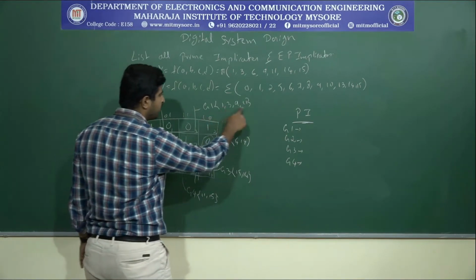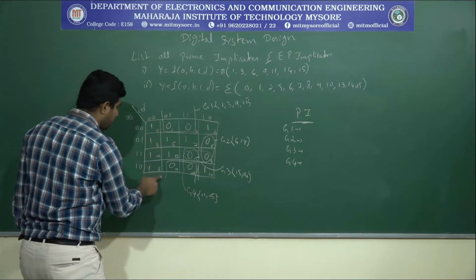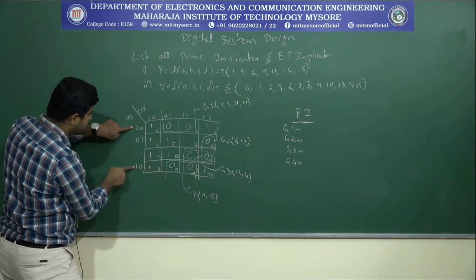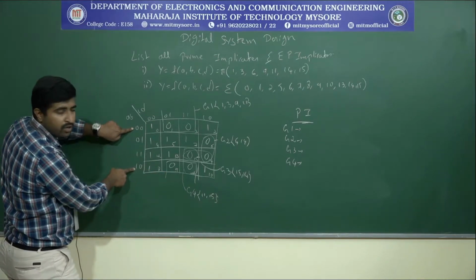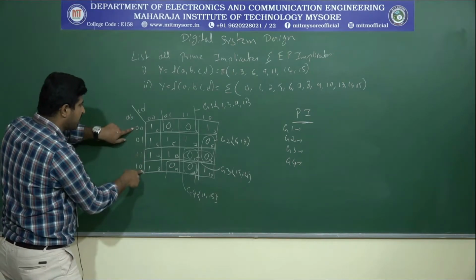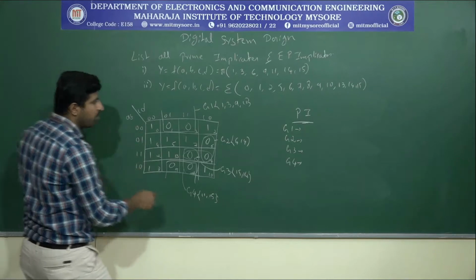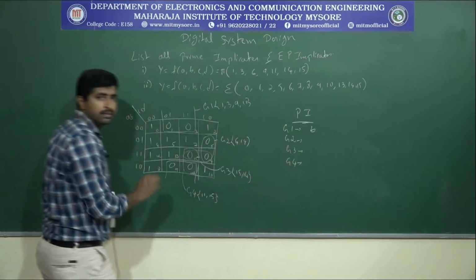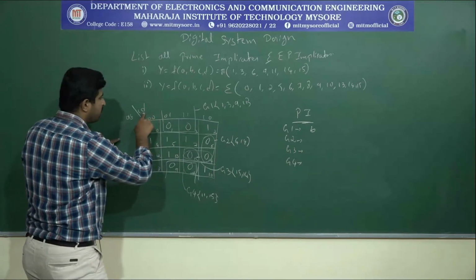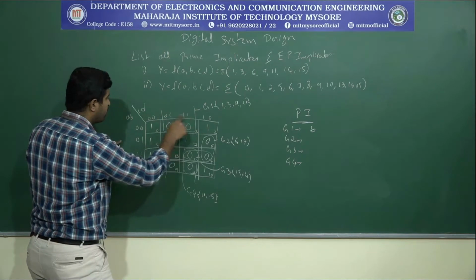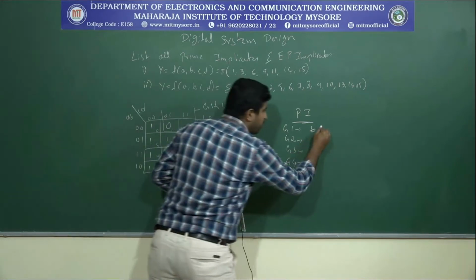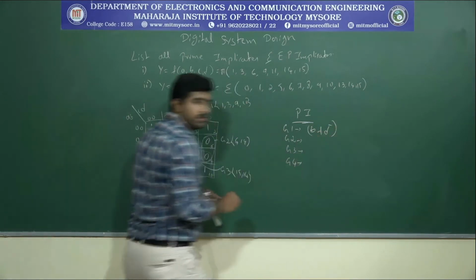So group 1 is 1, 3, 9, 11. If you see the values for the variables ABCD, this group comes in the 0, 0 and 1, 0 rows. So that means 0, 1 is a changeover, so we need to drop out the A. So the remaining is B. Since it has a 0, that will be B, because we are writing implicates. Keep in mind. Next, with respect to the columns 0, 1, 1, 1, C has a changeover. So C should be dropped and the remaining is 1. So that means B plus D bar.